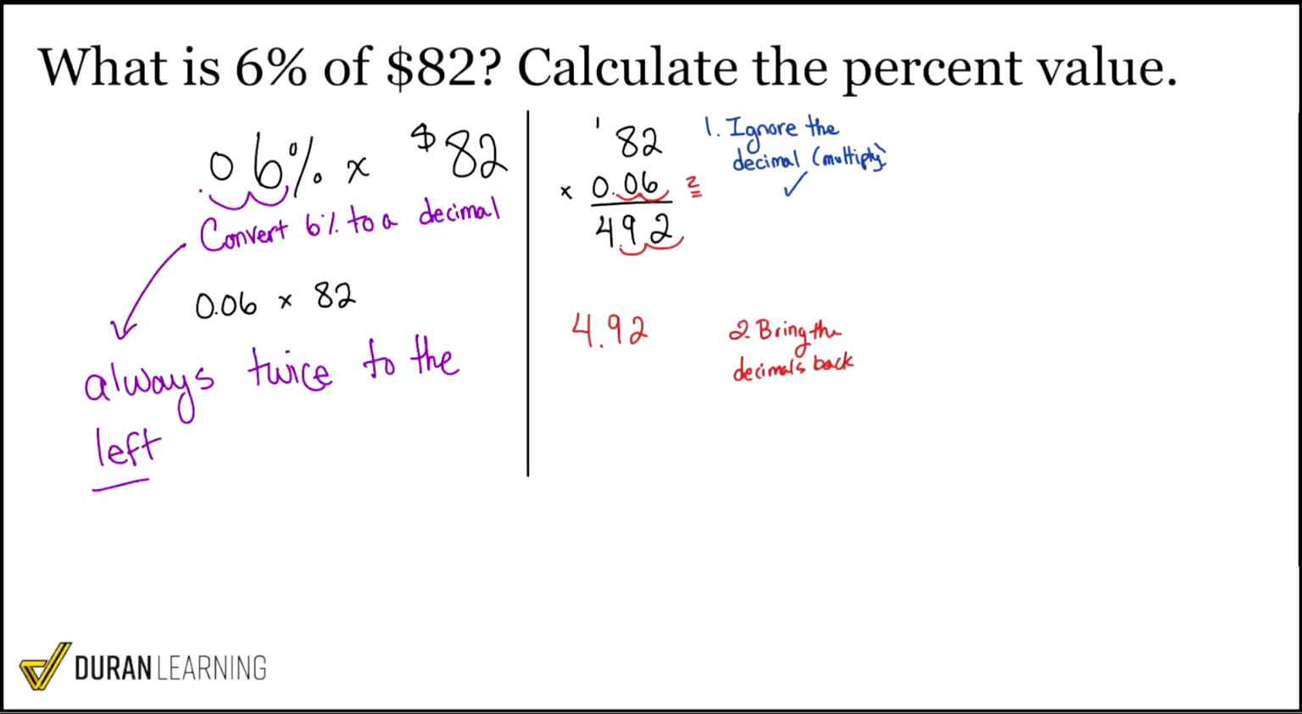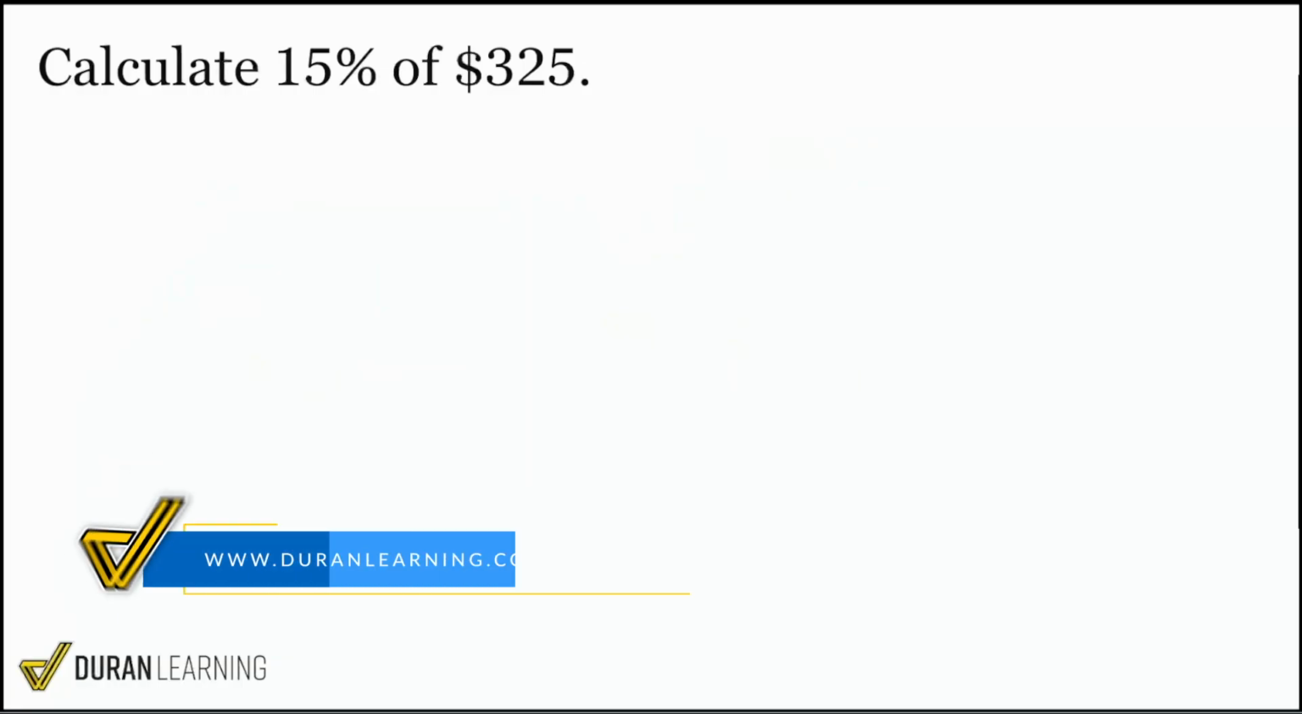Hey, right on. So let's go ahead and give this next one a shot. I'll give you a chance to try it. And let's work this next one out here. So it says, calculate 15% of 325. So the first thing I'm going to ask is, when we're turning this percent to a decimal, the previous